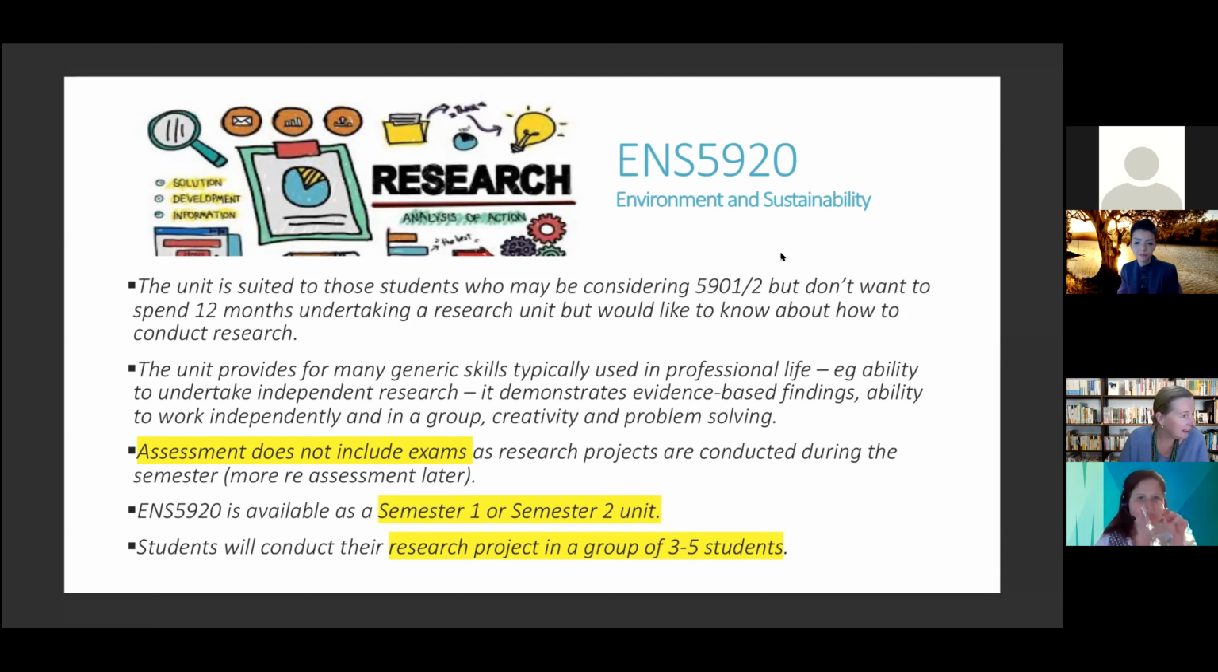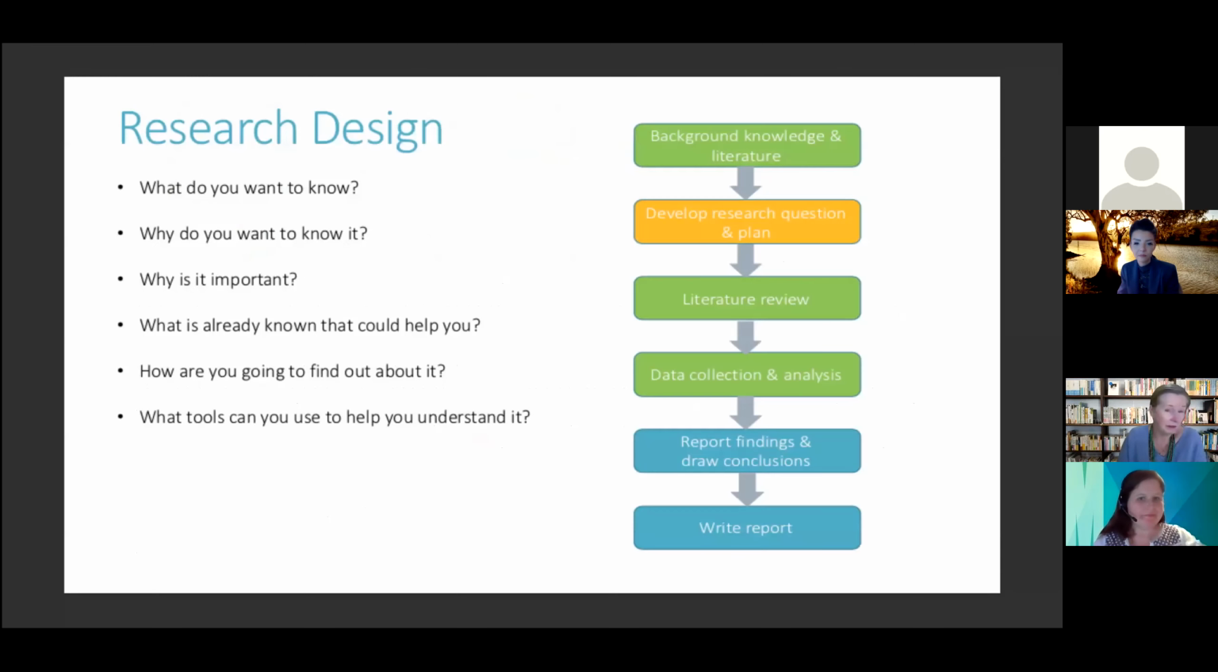So the steps you'll go through are the research design, and you'll ask yourself questions like, what is it that you want to know? Why do you want to know it? Etc., etc. A big component of this unit is finishing the literature review, which